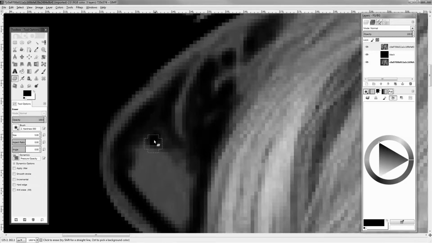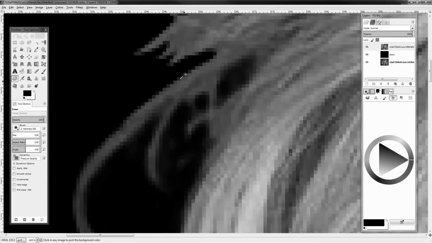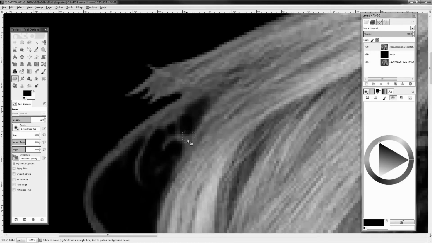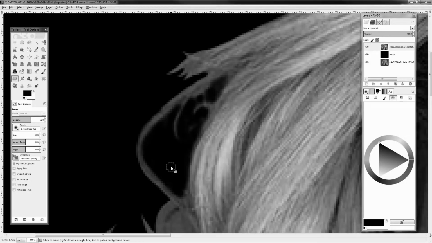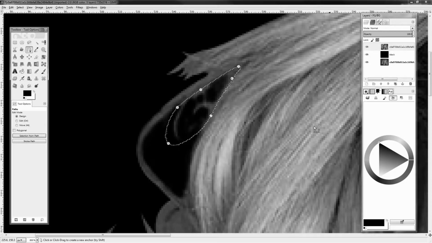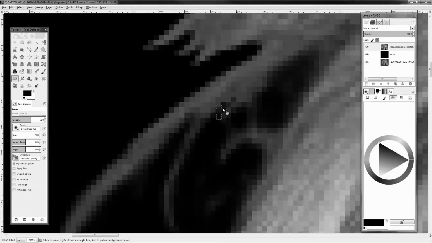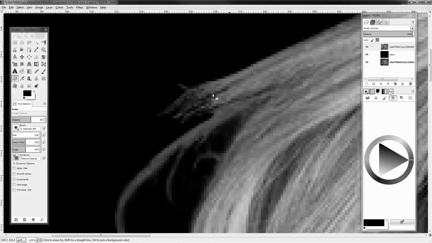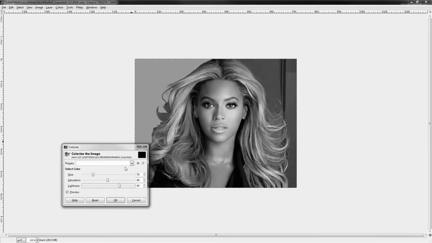But the general idea is to give it that natural transparency, I guess. Because sometimes it'll be kind of see-through, kind of transparent in a way, to the actual background it's placed on. So what you're going to want to do is adjust your brush to a certain opacity and a certain size to make sure that you are giving it the right feel, as if it was created on like a green screen